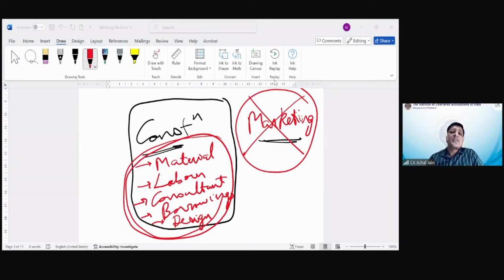Tanya is asking, but sir, in the second point, it is mentioned that the costs which are not directly attributable is also considered. See, let's not go by the technical language which is mentioned. By directly attributable, we just simply mean to say that something which is supporting the construction. So that's how you are required to look at it. Something which is supporting the construction. So that is what you need to consider. Clear on this? Yeah, great.